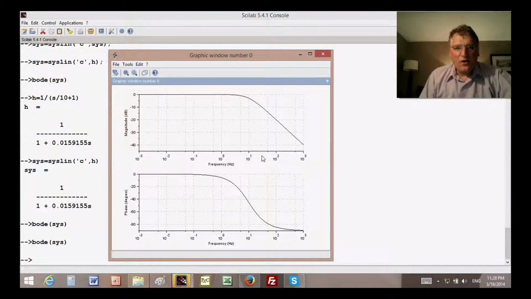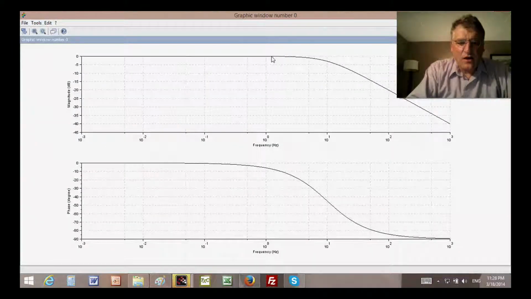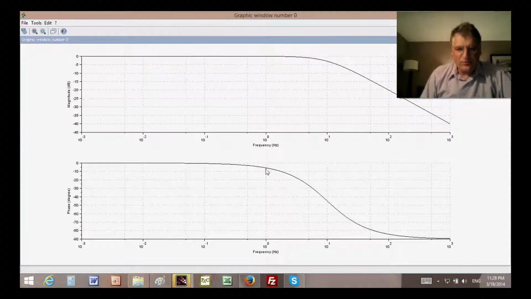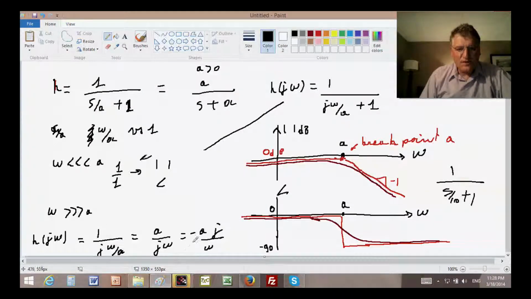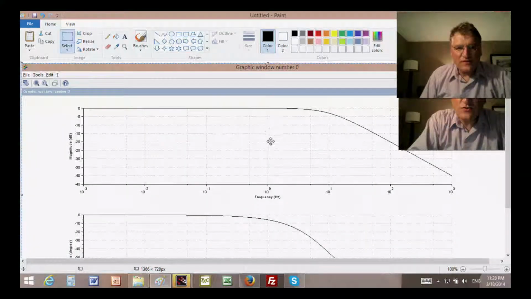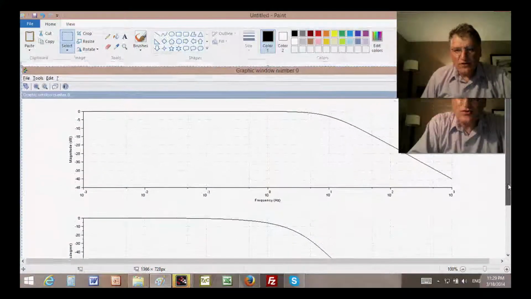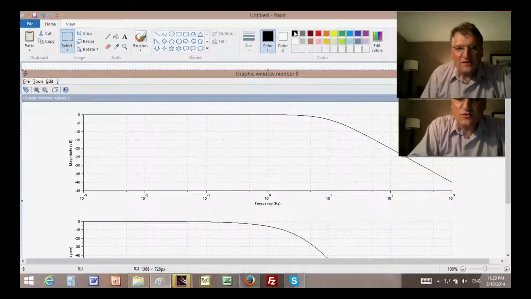Okay. Now, the actual approximation of this, let's see if we can do that. What I'm going to do is take this and see if I can put it in my plotting environment, so that the approximation of my gain, which I would have done with the help of my